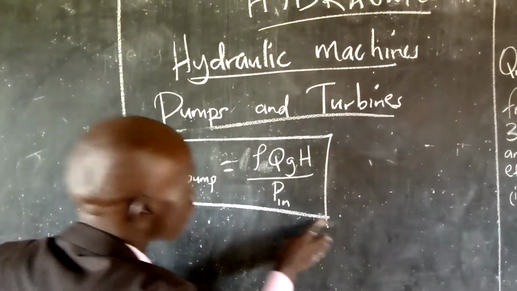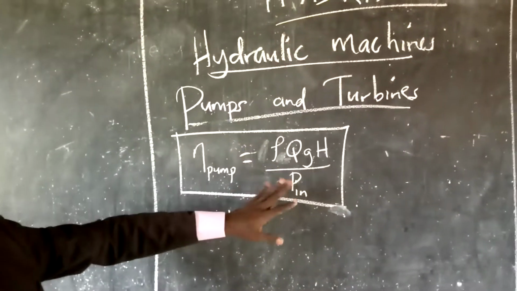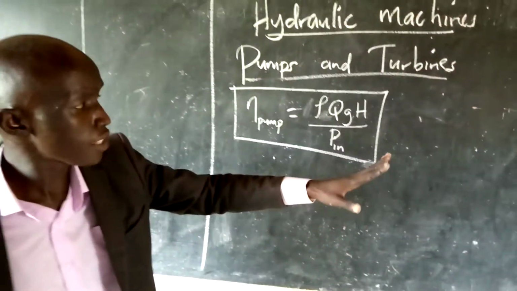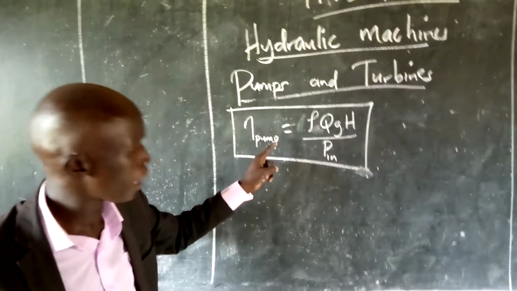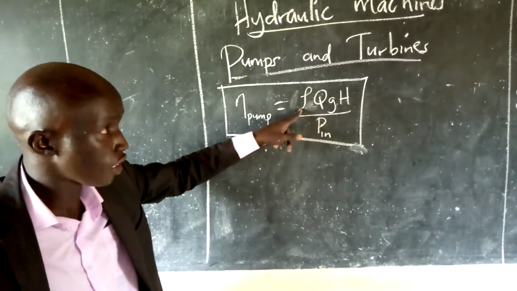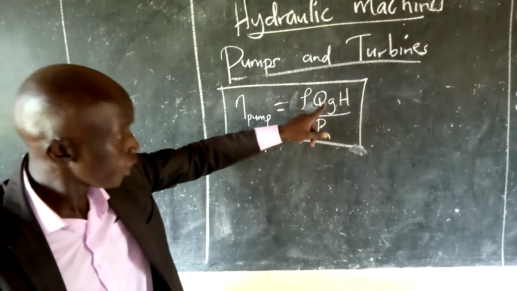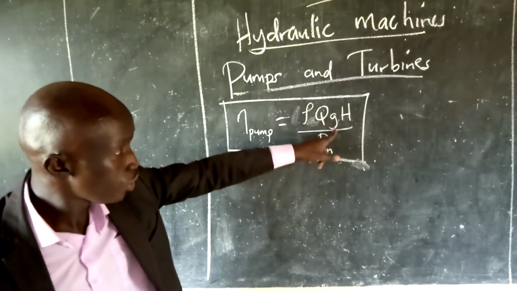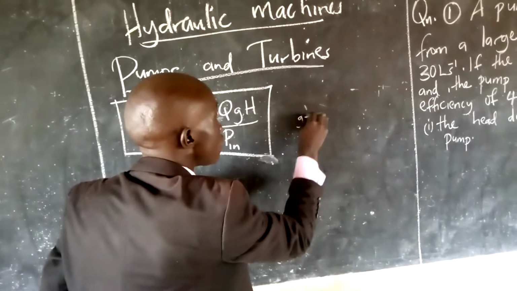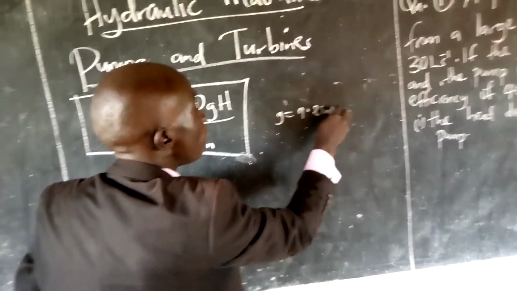Let's give it a box, something like a house, because this formula you should master it. When it comes to calculation purposes, you should know that the efficiency of the pump is density of this, which represents the water, because the pump lifts water. Then you talk about the Q, which is the discharge, the g, which is the acceleration due to gravity, is 9.81. We know that our g is 9.81 meters